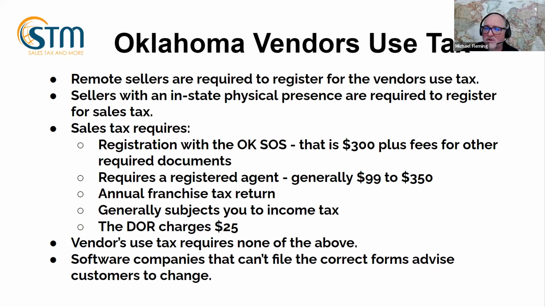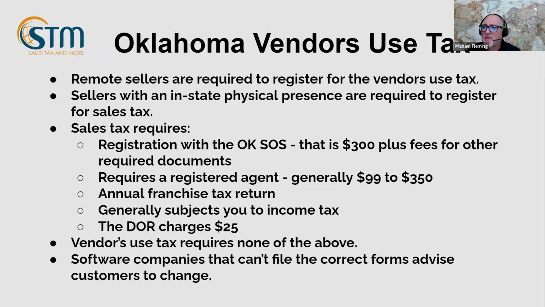Nowadays, since they've been purchased by Stripe, I don't know if they have fixed this, but they've got other problems. So I still lump them in as a second tier company. They can't file any of the Colorado local jurisdictions. So I don't know what else they can't file, but if you are using them, you've got to make sure that they're actually filing for you correctly. So this is one area where there's a distinction between the sales and use tax, and how you register, what you're filing is going to make a difference.